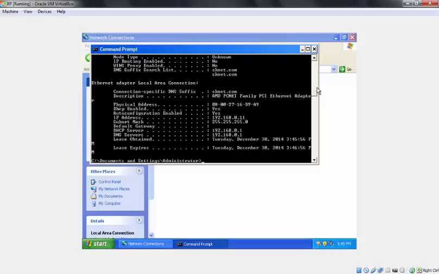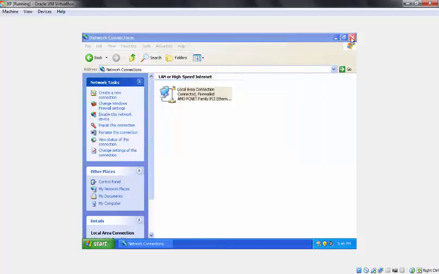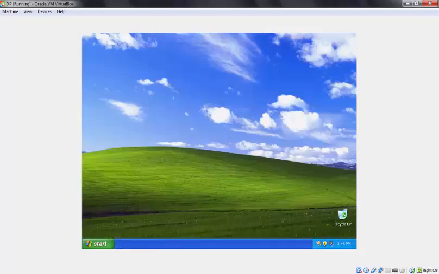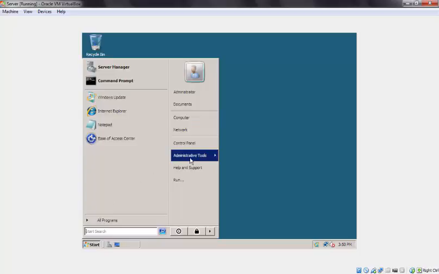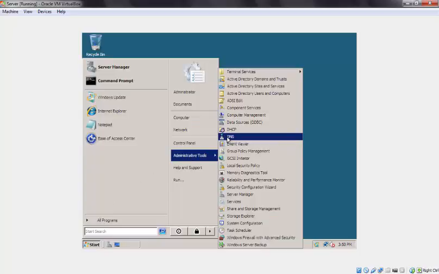Now I am going to show you all how to set up a DNS server. I am going to close all this. So this client is now set to receive IP addresses automatically. So you're going to hit start, go to administrative tools and select DNS,